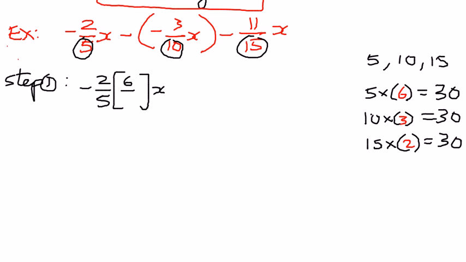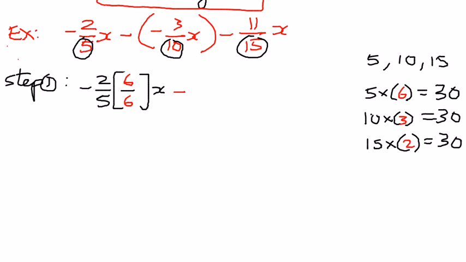So let me write this with this different ink so you'll see what is happening. By multiplying and dividing by 6, we did not change anything, but at the same time we made the denominator common. 5 times 6 is 30, and then minus